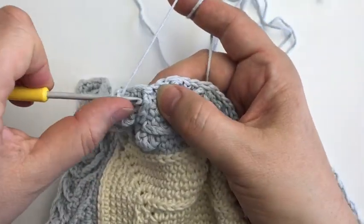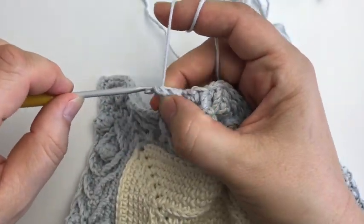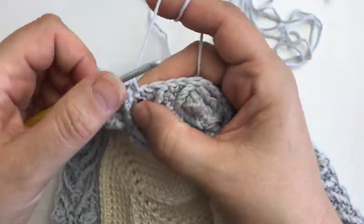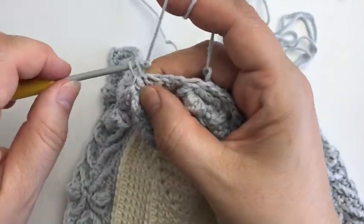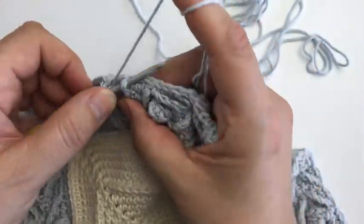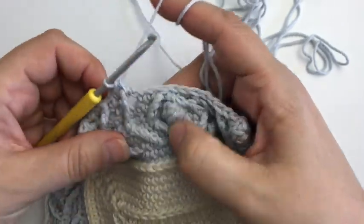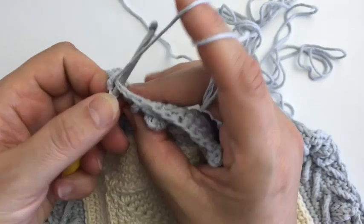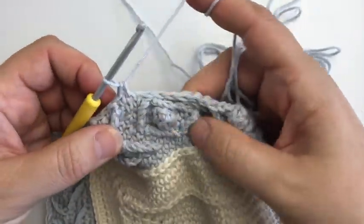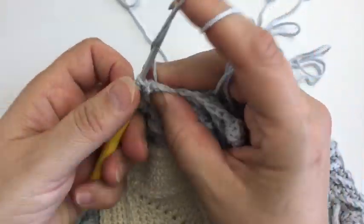another front post HDC, two single crochet, and front post HDC, two single crochet. Okay, and here we are in the middle, and I'm going to make a front post HDC. Okay, so